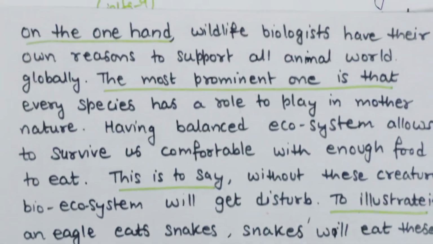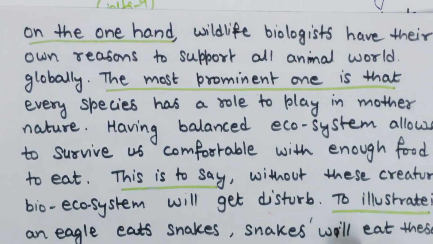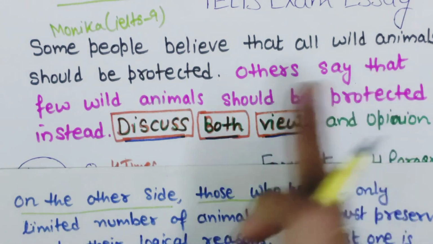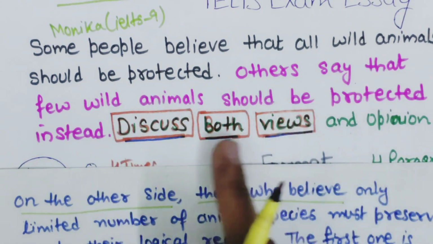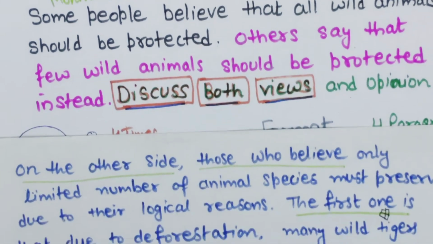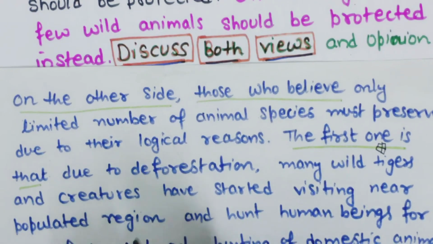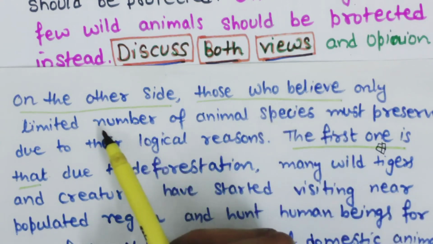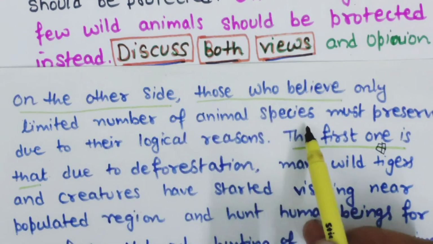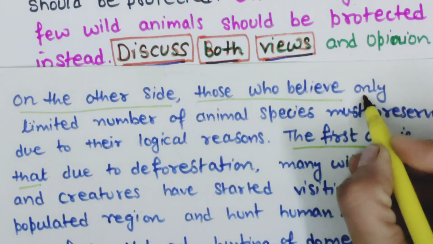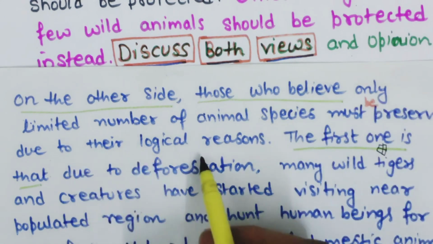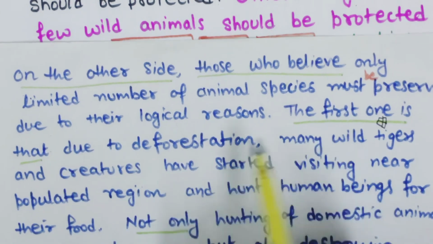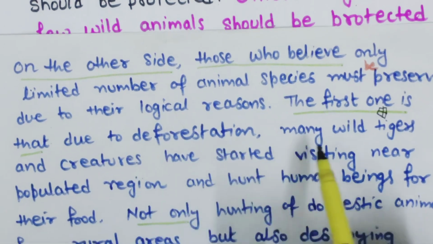So this is the first point of view, I have explained it to you. Now the second point of view, you can see this. Others say that few wild animals should be protected instead. Okay, why are they saying that? They have their own reasons. On the other side, the second body paragraph: those who believe only a limited number of animal species must be preserved due to their logical reasons. The first reason we are explaining is that,